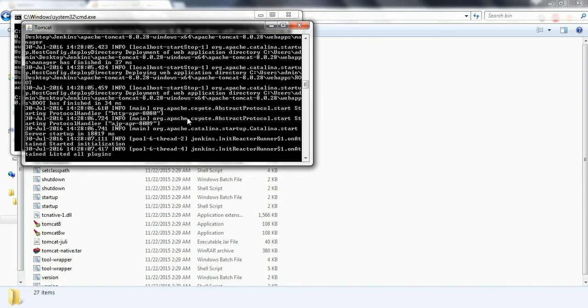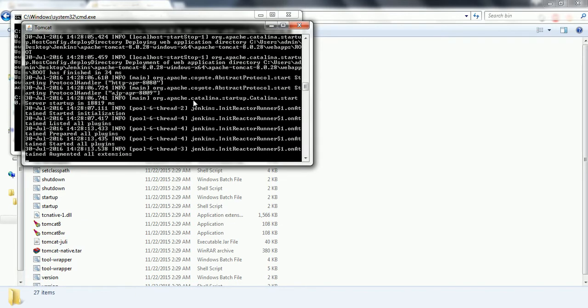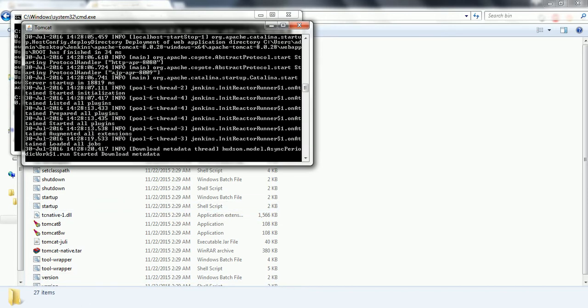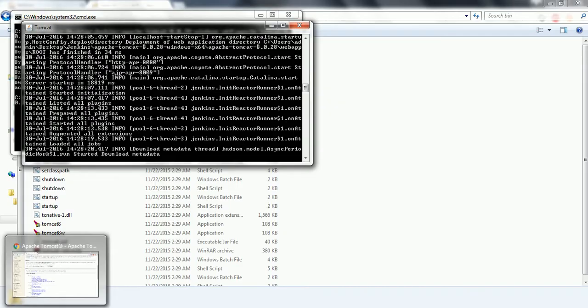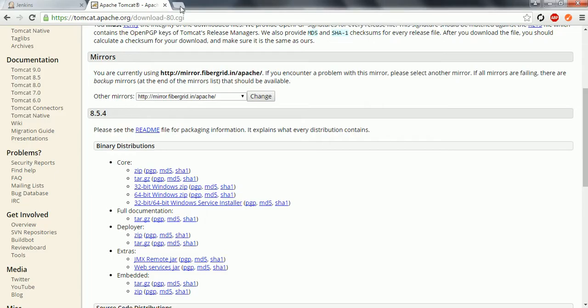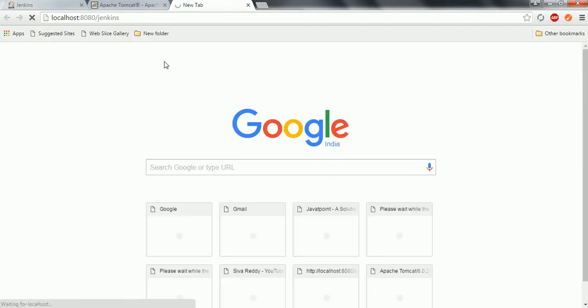It is going to start the applications, and once it is up, you can go ahead and access this in the same fashion as we have done earlier. Now what we can do is go here, localhost, and slash jenkins. You need to access it. Once you say slash jenkins, if the server is up, you can see the same page.